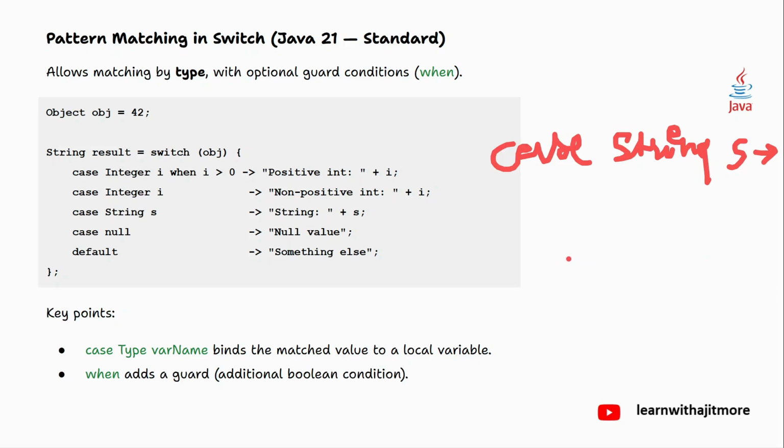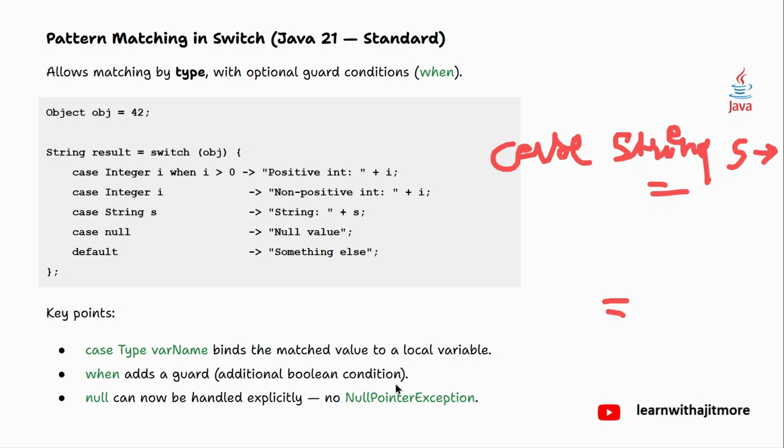तो फिर कैसे करोगे? क्योंकि आपको बाहर से स्ट्रिंग ऑब्जेक्ट ही पास करना है बट उसी स्ट्रिंग के लिए दो अलग अलग कोड है। तो फिर आपको कुछ ना कुछ तो कंडीशन ऐड करना पड़ेगा। लाइक अगर वो स्ट्रिंग का लेंथ 10 के ऊपर है तो ये वाला, एंड 10 के नीचे रहेगा तो ये कोड। तो यू विल ऐड वन मोर कंडीशन, when s.length() greater than 10 do this, and otherwise case String s, that way also you can do. ओके, ठीक है। सो दैट इज द बेनिफिट। So when adds a guard, additional Boolean condition, okay,